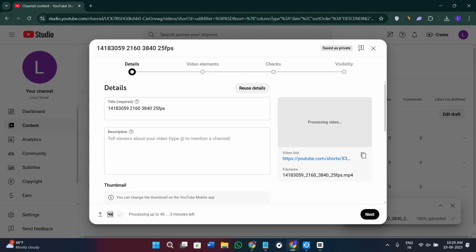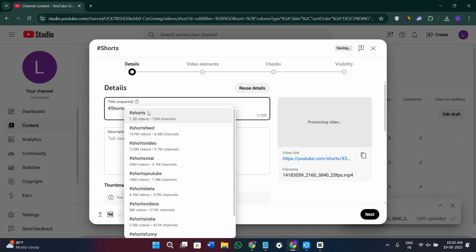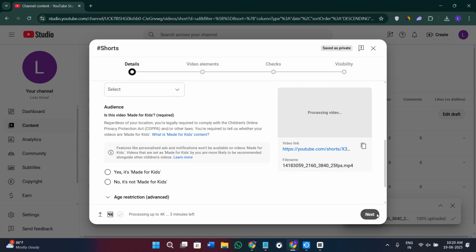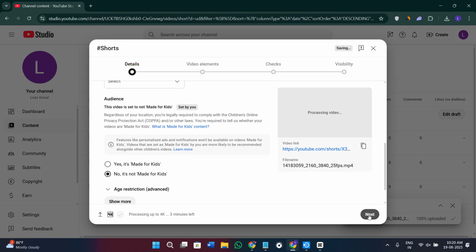You can also add the hashtag shorts here in the title, so you can type something like this. This way YouTube will automatically place it in the shorts feed, so make sure that you add this tag as well. Now once you are done with it, simply click on the next option in the bottom right hand